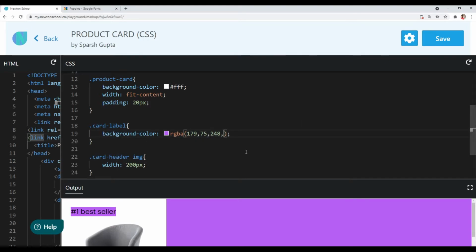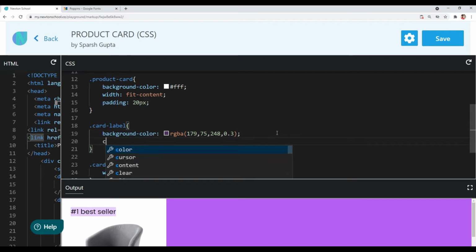The alpha value controls the transparency, and its value ranges from 0 to 1. So 0 is like invisible, and if I give it a 0.5 value, it will be half visible, or get half transparency. We need a lighter shade, so we will give it a value around 0.3.